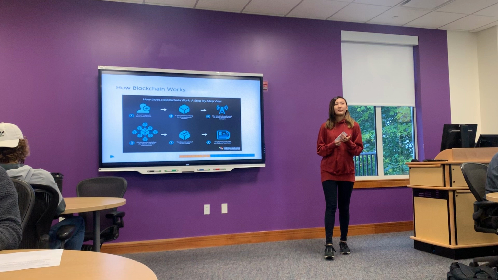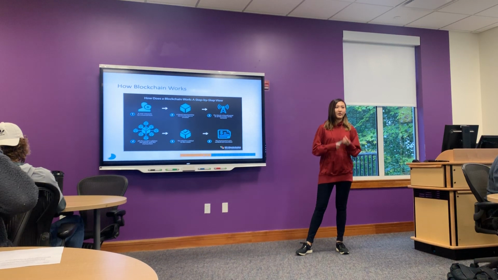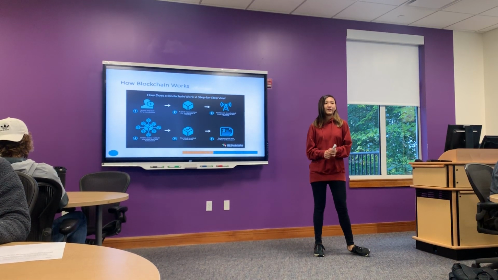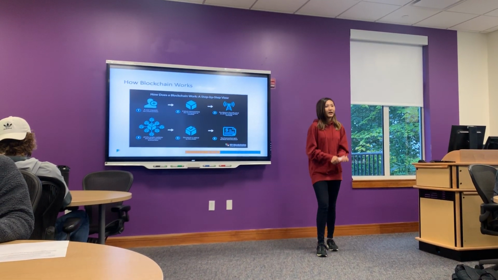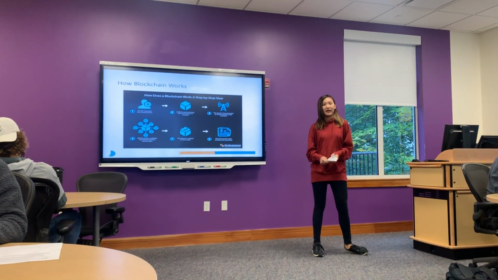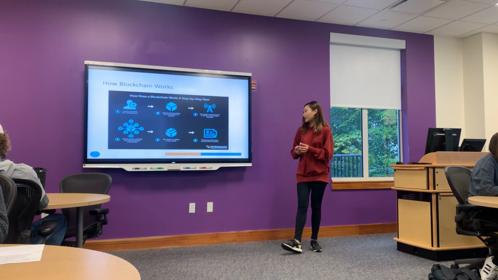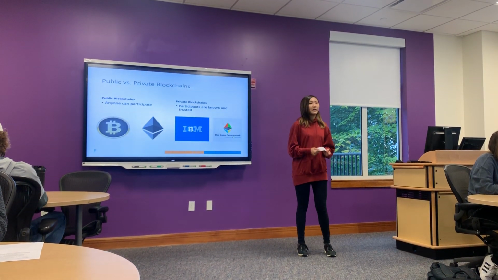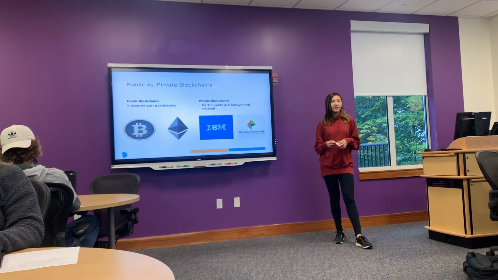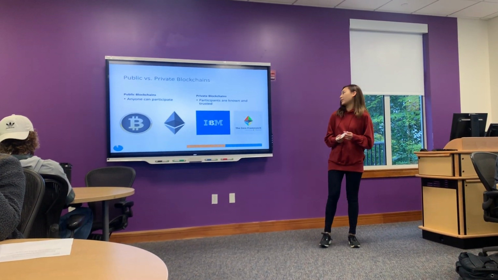So how does blockchain work? First, a user will request a transaction, and a block will be created to represent the transaction. The block is broadcast to all of the nodes of the network, and then the nodes will validate the block and the transaction. After the validation, the block will be added onto the chain through cryptography, so the transaction gets verified and executed. There are public and private blockchains. In a public blockchain, anyone can participate, such as Bitcoin or Ethereum. In a private blockchain, participants are all known and trusted, such as IBM and the Coco framework by Microsoft.